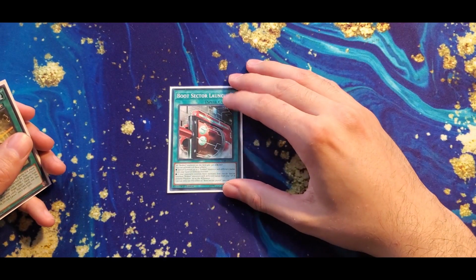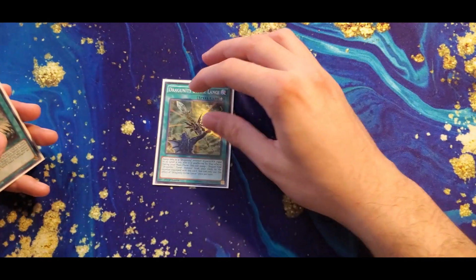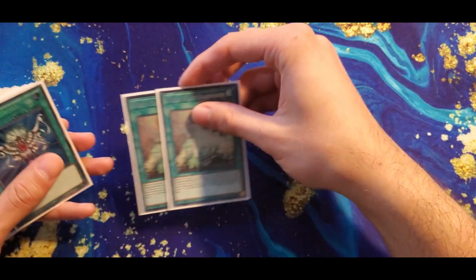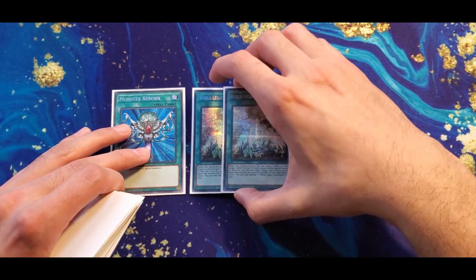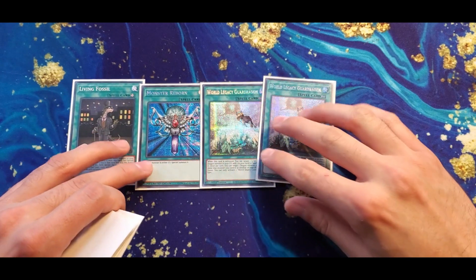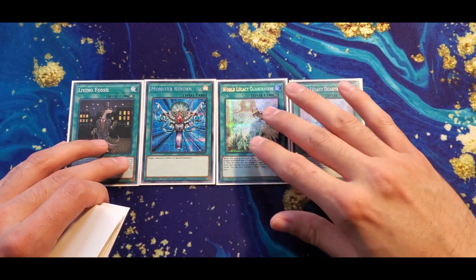We also have the 1 Boot Sector Launch, of course, because you gotta search that off a Striker. Really good extender. Juguniti Divine Lance for the Romulus. And then I also have 2 World Legacy Guard Dragon, Monster Reborn, and then Living Fossil as well. These are all the Monster Reborns of the deck. I like having more Monster Reborns instead of something like the